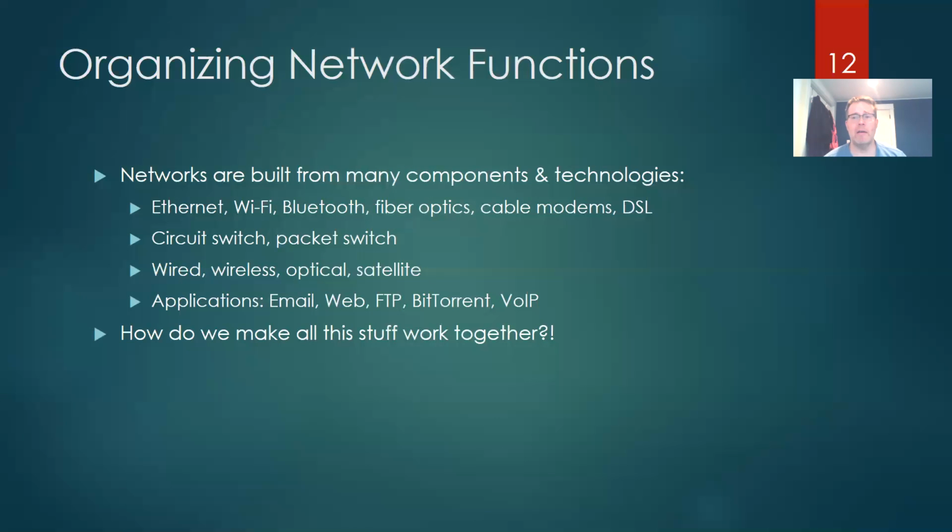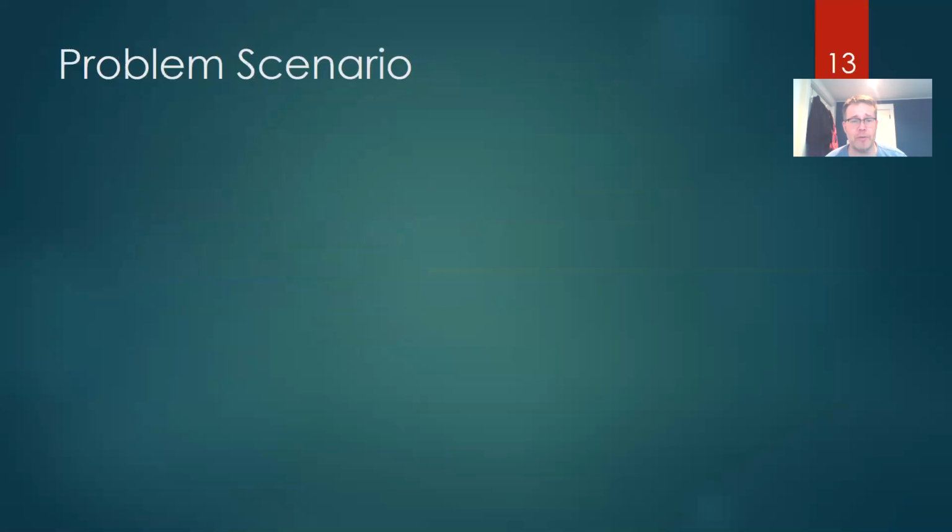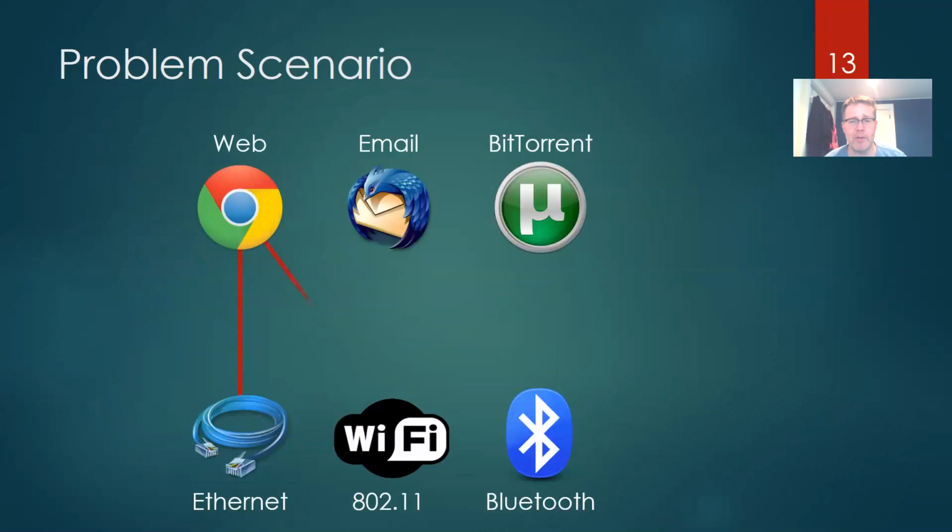I mean, how do I take an email application and make sure that it runs correctly through some kind of medium, whether it's wireless or wired, and how do I make sure that the application on the other side is prepared to receive it in the proper format? Okay, so that's the issue. Well, the nightmare scenario would be this. For example, if you're doing web browsing, it has a different way that it conforms to each one of these